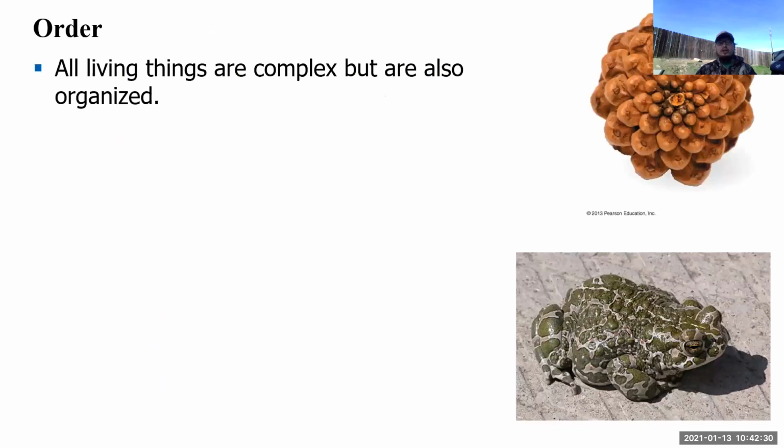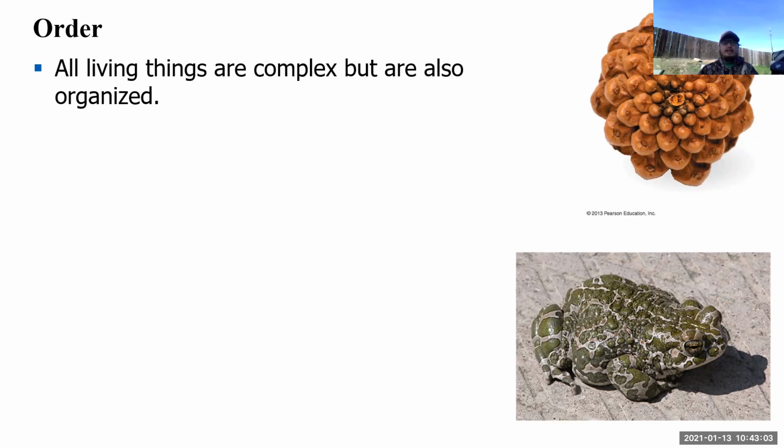And so just kind of going into these properties in a little more detail. So the first thing is order. So basically all living things are complex. There's a lot of complexity to the organ systems and the tissues and the way an organism's body works and functions. But really, if you look at it and dissect it, they're all organized into different components, or the process is compartmentalized,